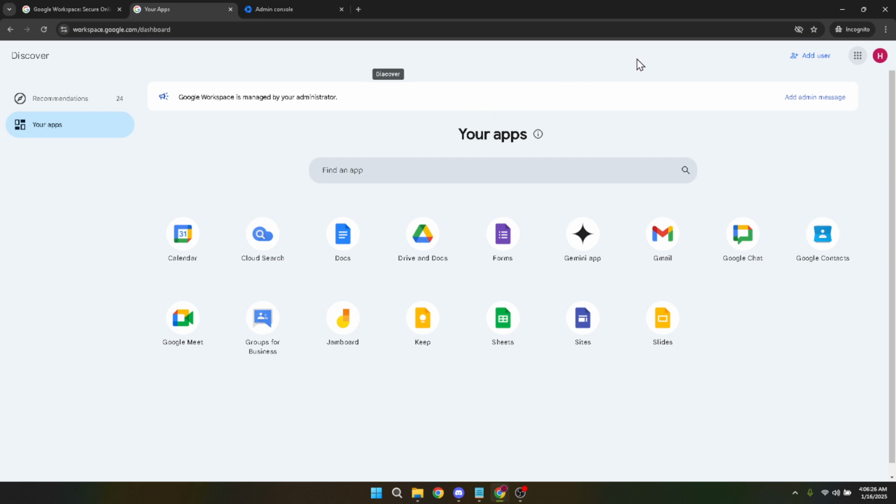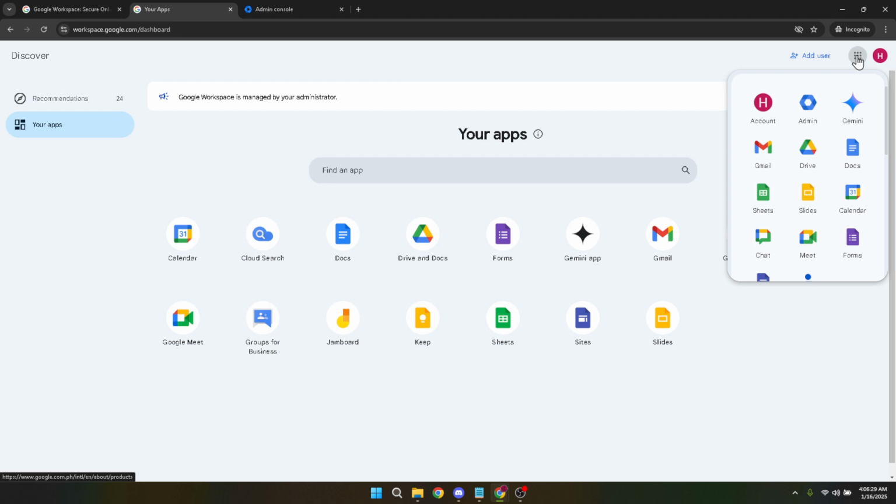Once you've logged in, your attention needs to shift to the top right corner of the screen where you'll find the Google Apps menu. This icon looks like a square composed of small dots. Clicking on this menu will give you access to all Google Apps services. From the drop-down menu that appears, select the admin icon. It's fairly easy to spot, just look for the symbol typically associated with admin functions.